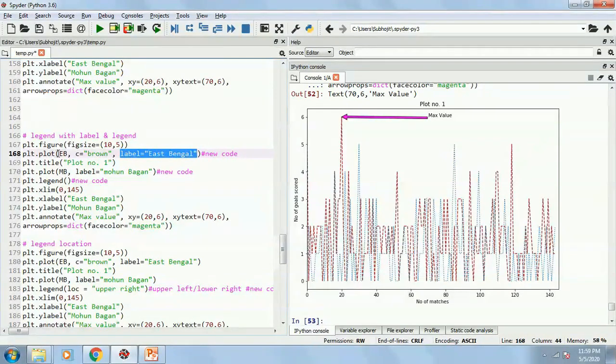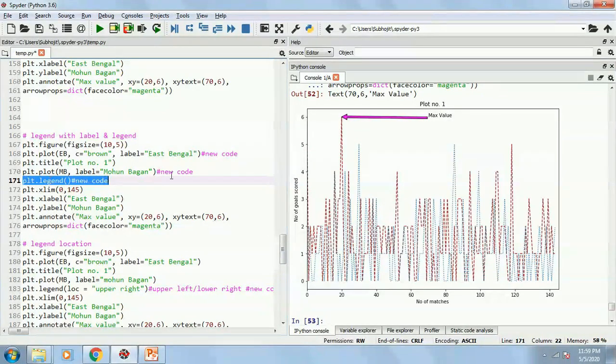That means for the plot East Bengal, I want it to be displayed as East Bengal, title plot 1, and second is label equals to Mohun Bagan. I will make it a capital one. Label equals to Mohun Bagan, and then you just add plt.legend, just plt.legend.